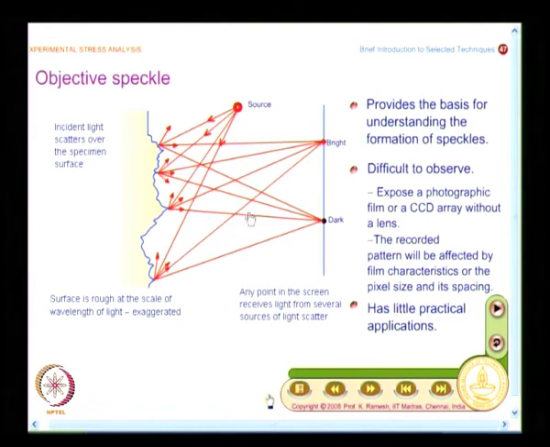Now, we will see what is subjective speckle, and what we are going to look at is we will just make one small modification in this, rest of it is the same. The first procedure is the same. In fact, you can even have another sketch here wherein you modify it, you do not have to repeat the full sketch.